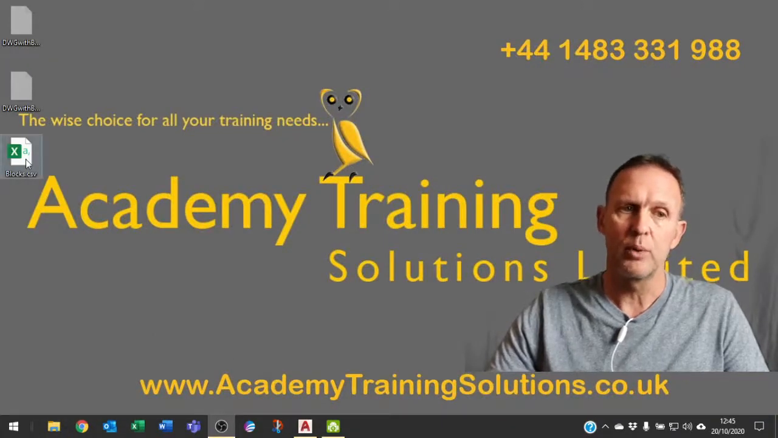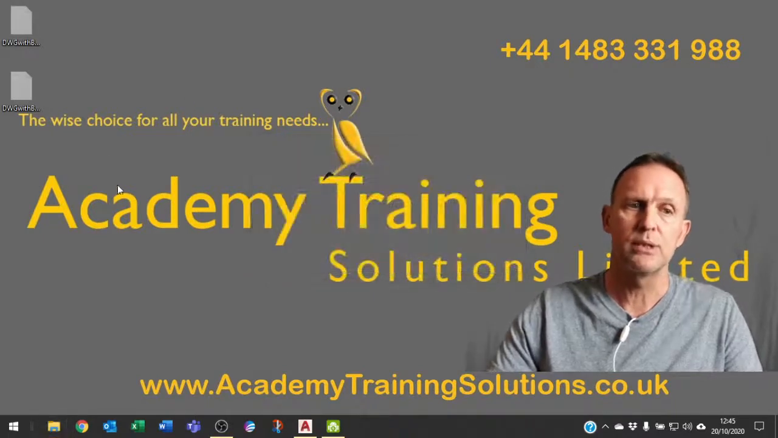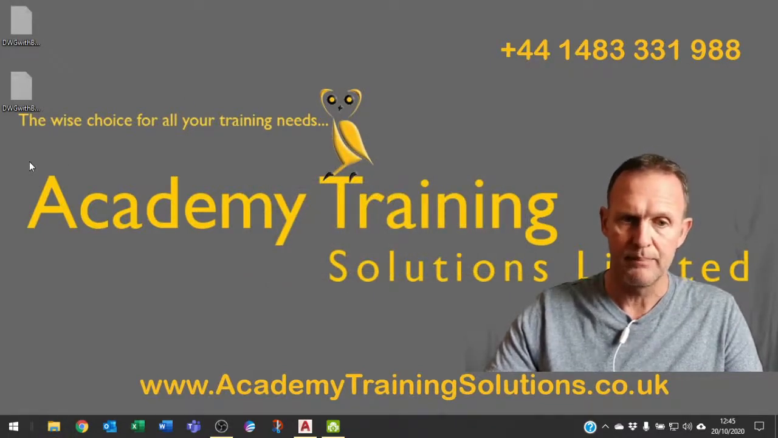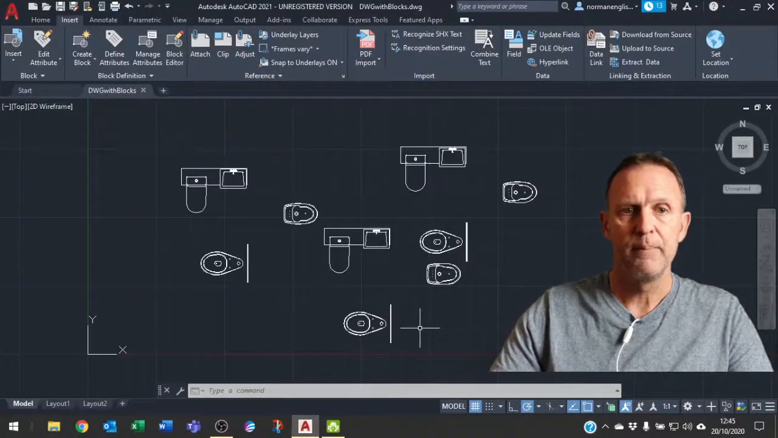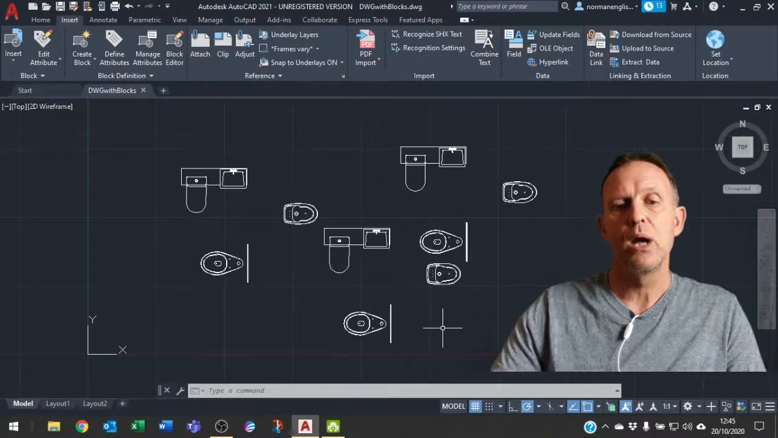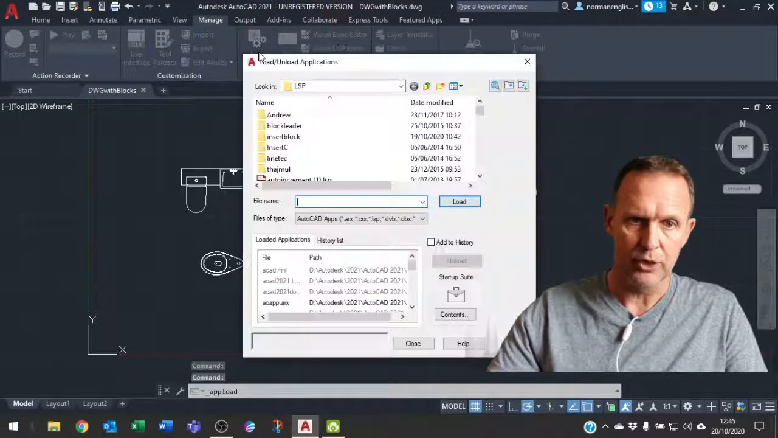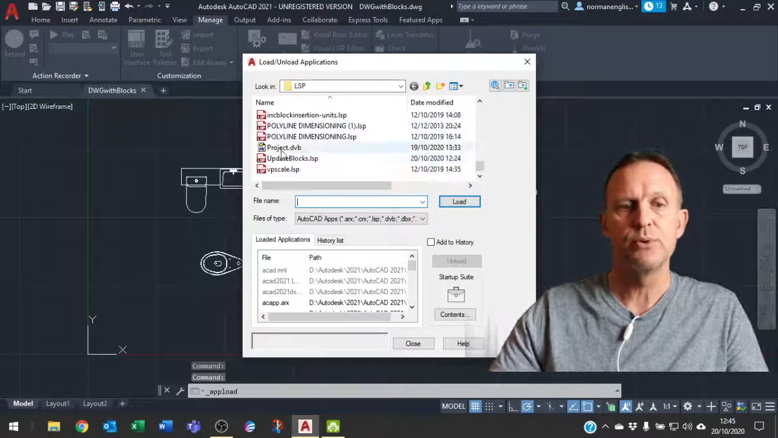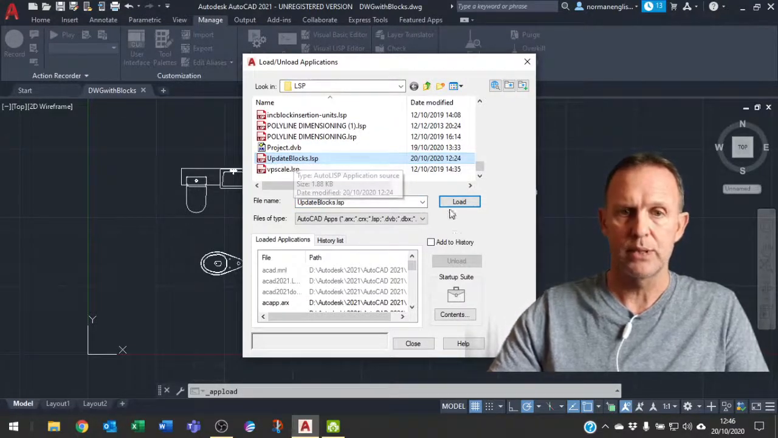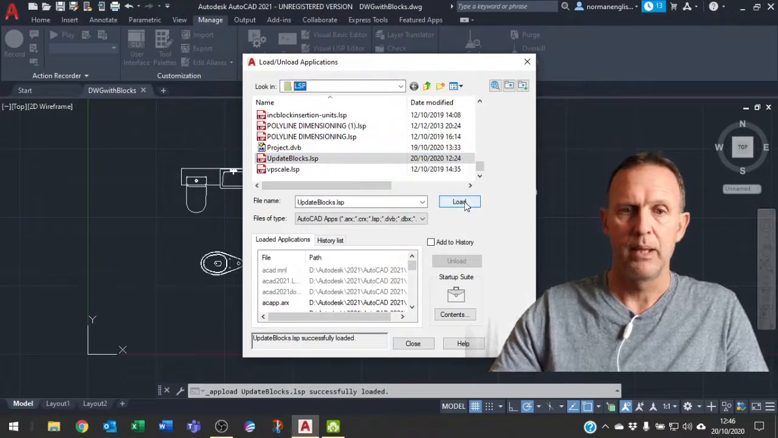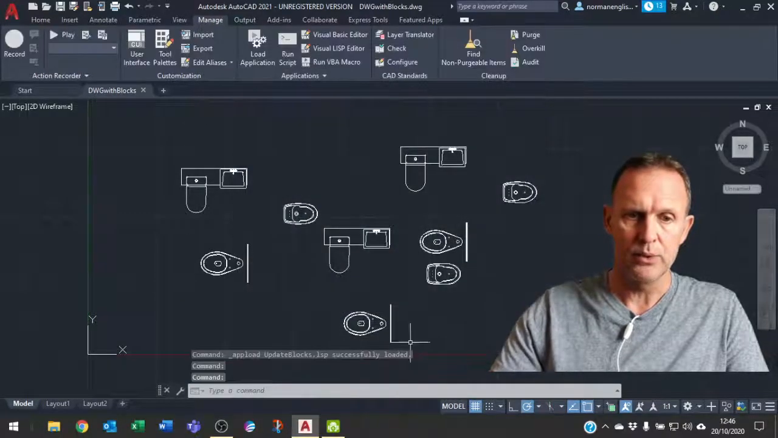I've also got a copy on my desktop, but I'm going to delete that copy there just so that you see that that one is not what's needed. Now I'm going to go into my file here, and I'm going to upload or load an application, which is the Lisp routine that I've written. The one I've written is called update blocks. So I select it, I say load, and although it says successfully loaded, when I click close, I'm going to